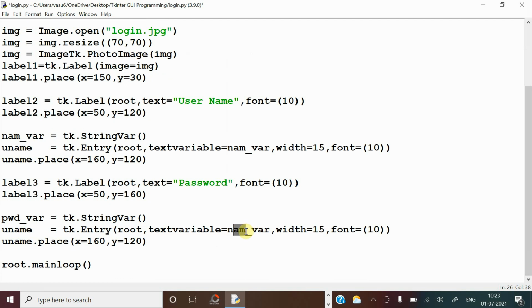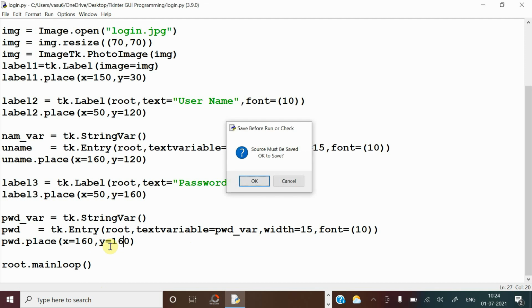So here also you have to keep pwd var, and here you can keep pwd instead of username, you can rename the box name pwd. Now here you have to give the position for this one. So this is also can be done by giving the coordinates. So here I have given like this. Once run this and check.